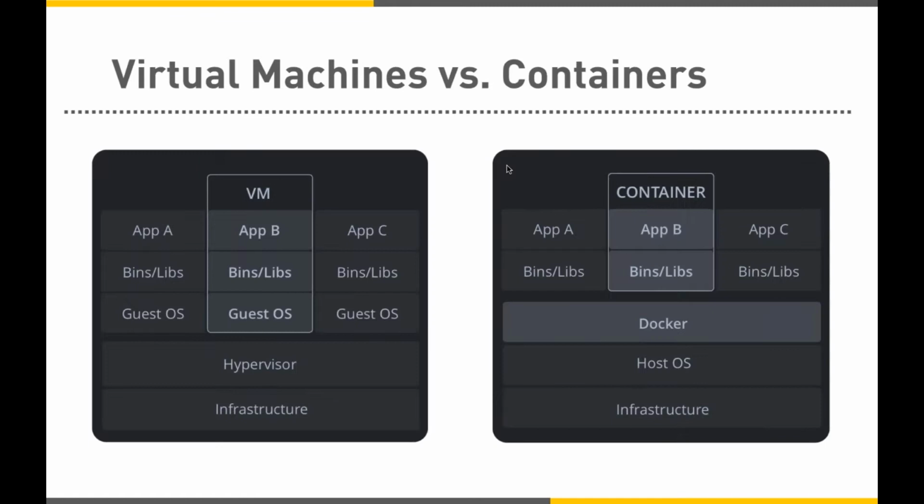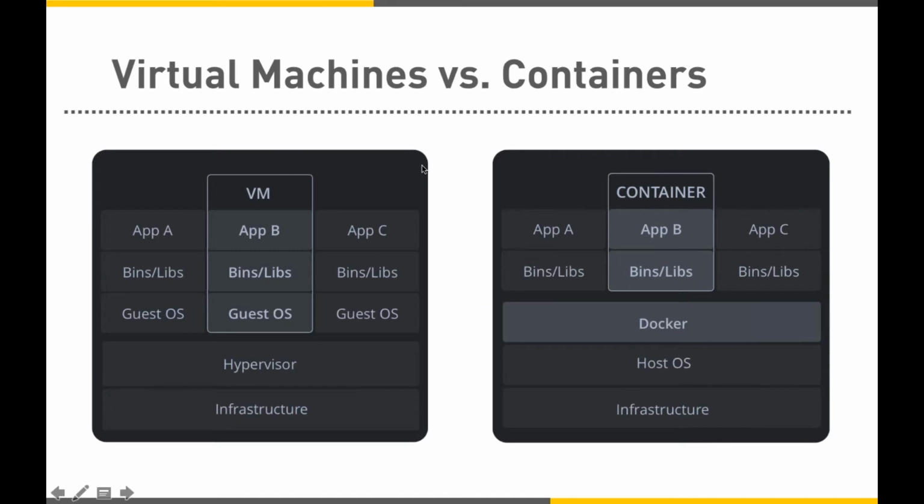So virtual machines versus containers. There has been a lot of discussion and debate on VMs versus containers. The primary difference between virtual machines and containers is the way it is layered. If you take a look at VMs, predominantly available through KVM, Xen, or any of these hypervisors, you notice that there is physical infrastructure, then there is a hypervisor, and on top of that hypervisor, you have multiple virtual machines. And every virtual machine has